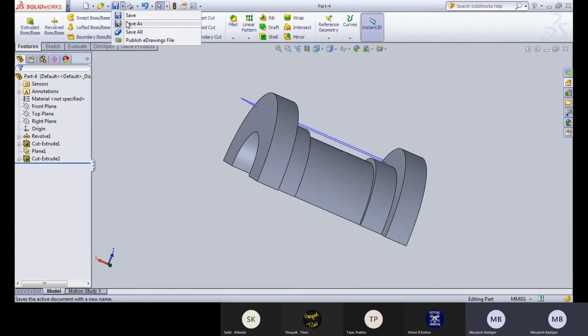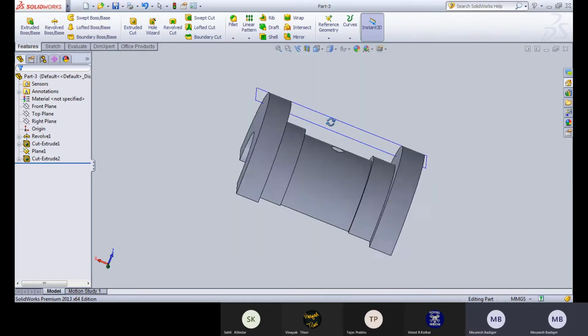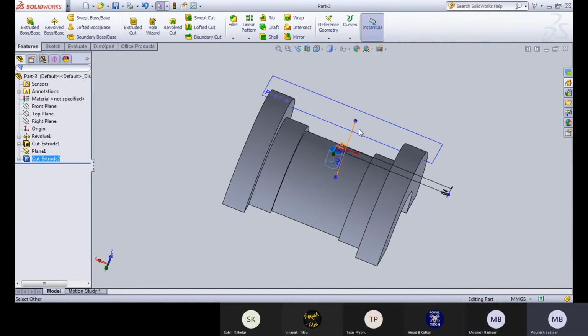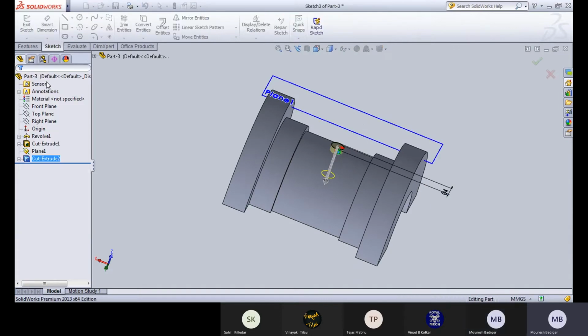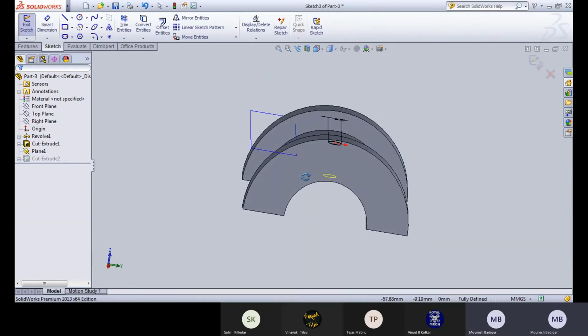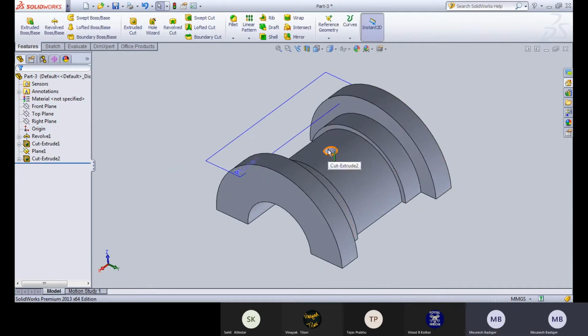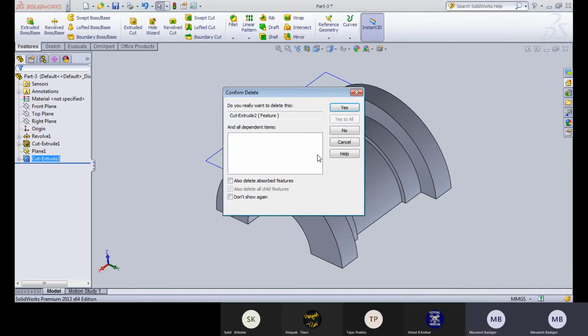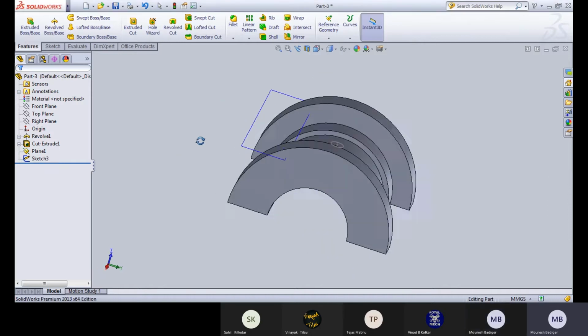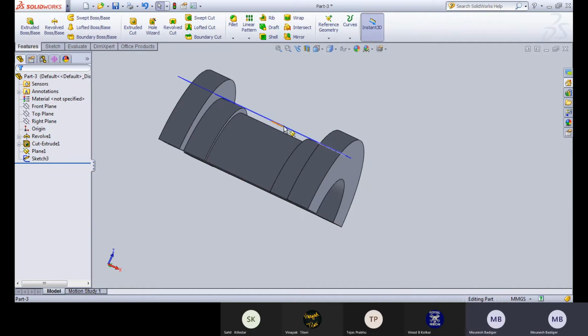Now can save as part number 3, and instead of this cut, okay, this has been cut. Okay, let it be. What you can do, you can just delete this. Okay, now what we can do is, see here in the figure,